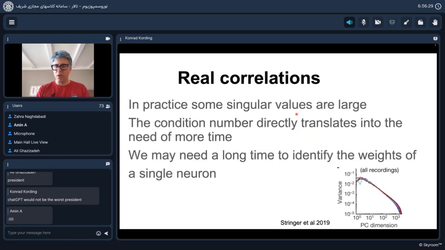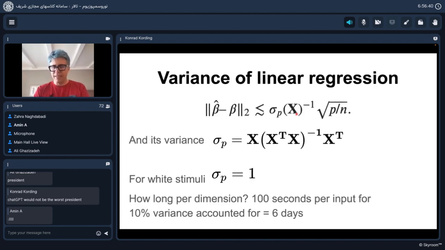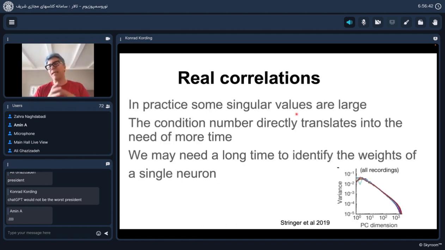So, brief zoom out, what does that mean? That means that even if we could record from all neurons in, say, a mouse, it's very unclear. No, because here, instead of 6 days, it would now give us, say, 1,000 times 6 days. That's 20 years if I roughly calculate that rate. That's not a period of time that I could meaningfully record from. And that means that even if we could record from all neurons, we might be unable to estimate how all those neurons are influencing one